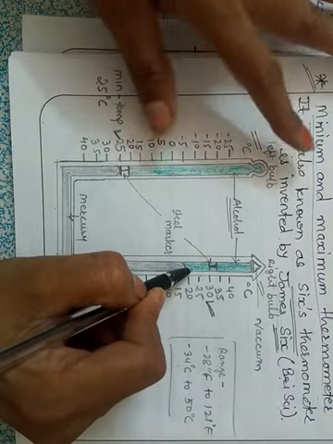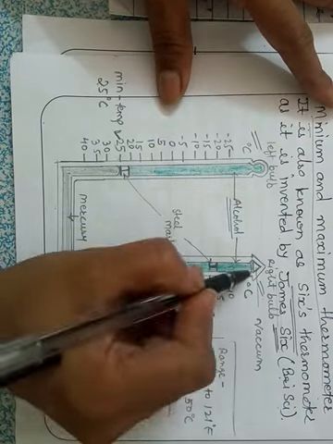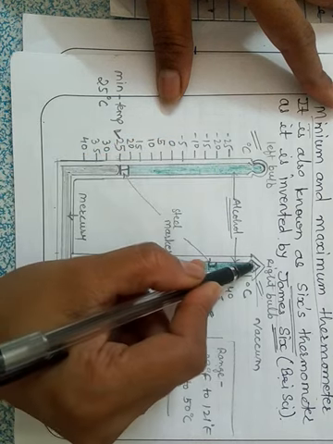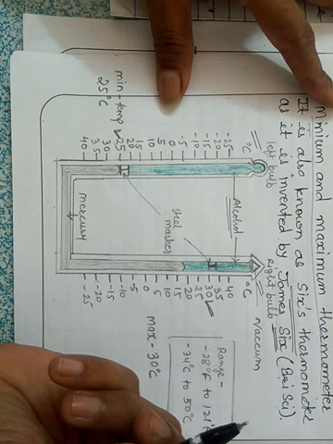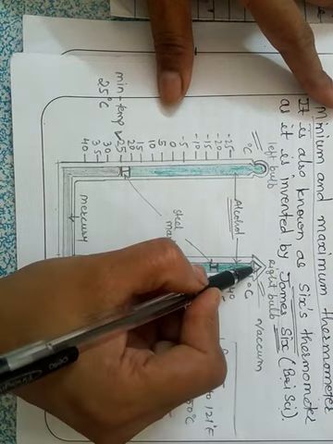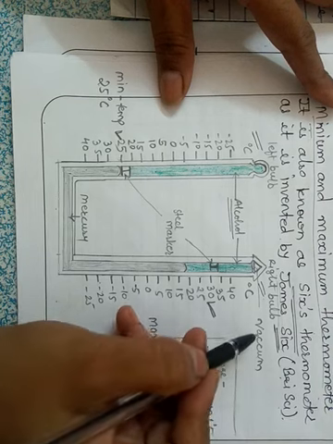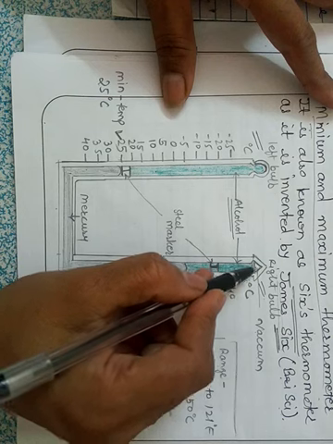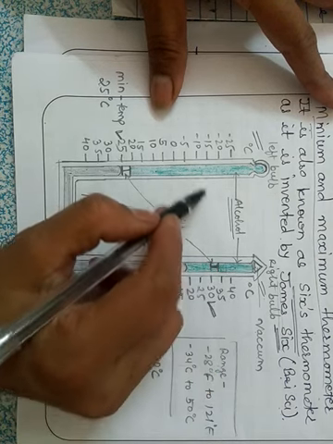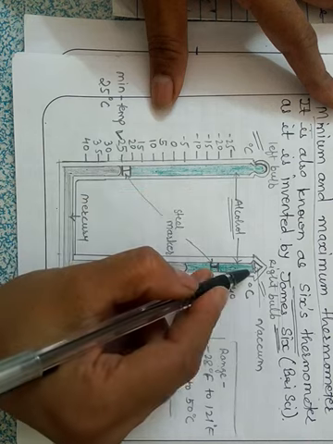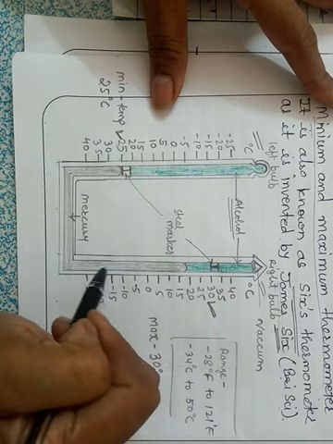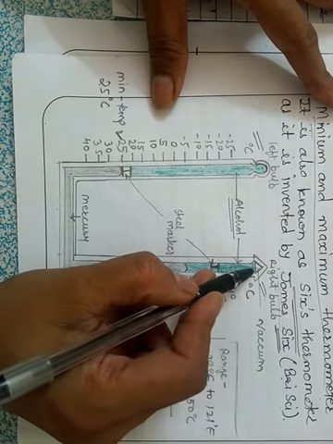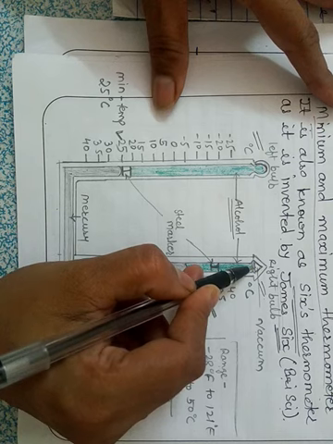Okay, also you can see here vacuum. One bulb is totally filled with alcohol and another bulb has a vacuum, or we can say a small bubble of gas. Why is this vacuum here? Because if we fill both the columns completely with the alcohol, then what will happen, there will be no space for moving this mercury or this alcohol. That is the reason we have kept a vacuum at this place.